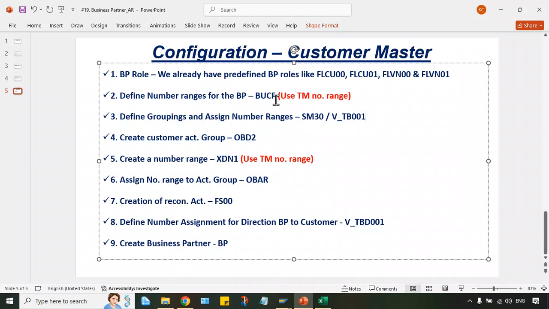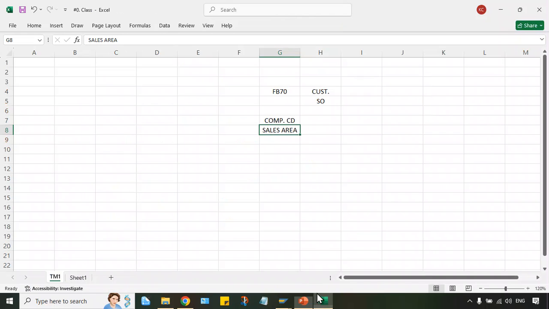Okay, for general data, I'll tell you, let's suppose we have general data. For this, one number will be generated. That is called BP number.